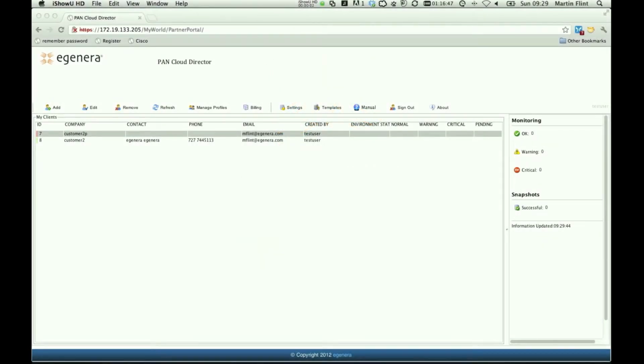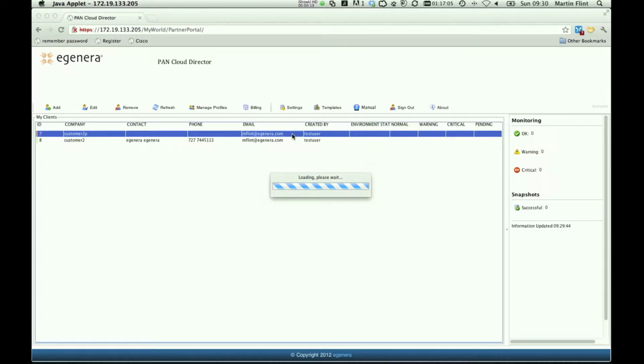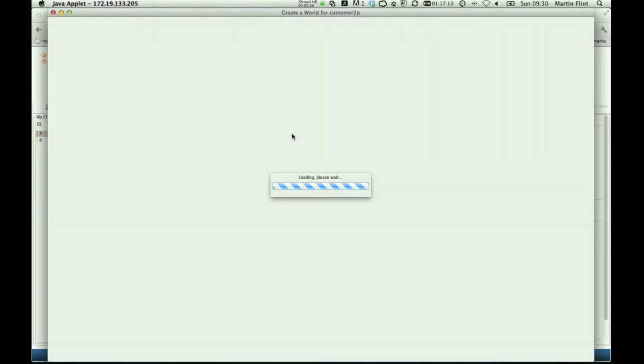Now, another great feature of Cloud Director is that you can get your Cloud Director instance installed and configured and running, and have it connected to your eGenera PAN system running PAN 7.3. And then what you can do is build out your VMware environment that can be used by Cloud Director. So once you've installed Cloud Director on your PANOps servers,